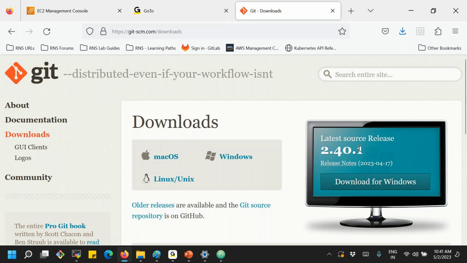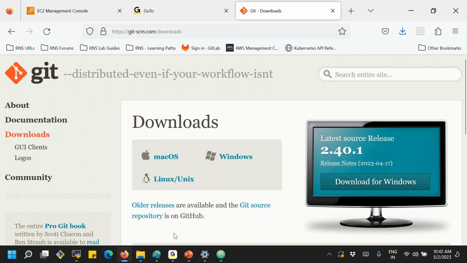Yeah, host OS is Windows, and based on the host OS we are downloading all the software. Suppose if you have Mac OS, you need to download all the Mac OS related software. Or if you are using a Linux based operating system, then you need to find all the software under the Linux based downloads option.